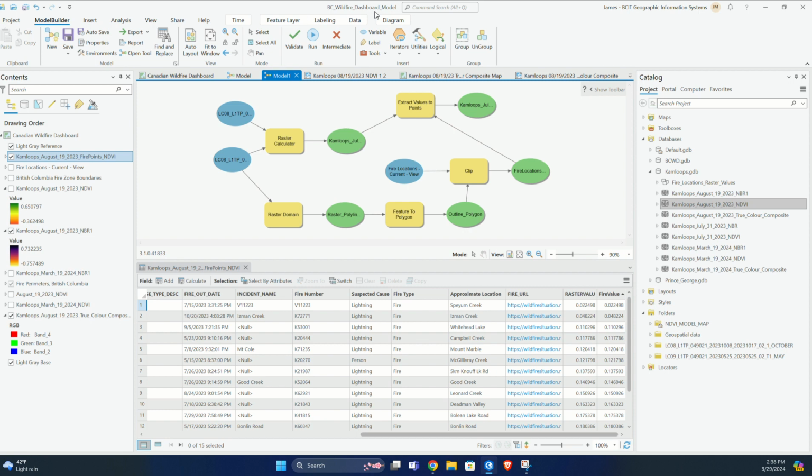And then this is the other model, very similar to the NDVI, but it's just another one set up to create an NBR. The one thing to remember is just to make sure that the naming stays